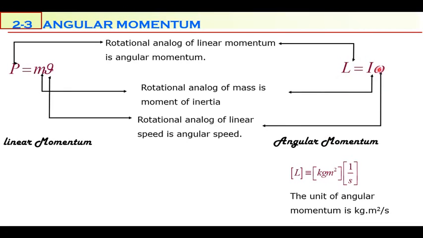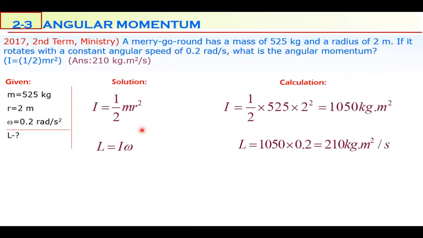What is its unit? Moment of inertia is kilogram meter squared. Angular speed, remember, is radian per second, but radian is not a unit, it's a normalized number. So kilogram meter squared per second is the unit of angular momentum. Don't forget this; they ask simple questions, but one of those simple questions can be this. So angular momentum's unit is kilogram meter squared divided by second. And a question,